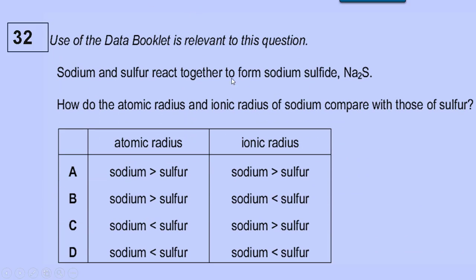Sodium and sulfur react together to form sodium sulfide. How do the atomic radius and the ionic radius of sodium compare to those of sulfur? In case of atomic radius, sodium metal has larger atomic radius than sulfur, but in case of ionic radius, sodium positive ion will have a smaller ionic radius than sulfur. So the correct choice will be